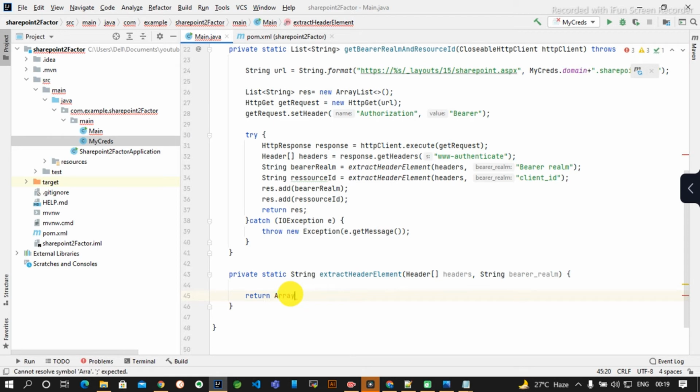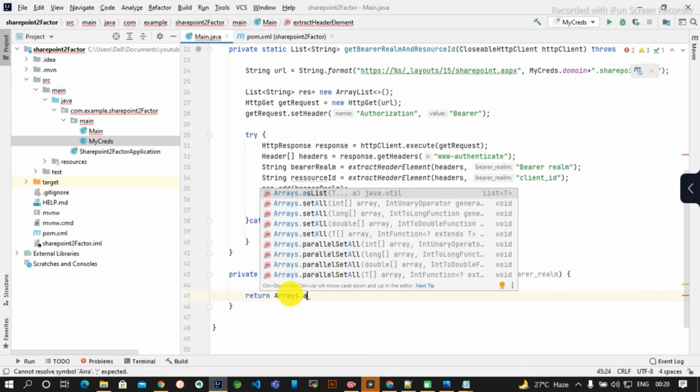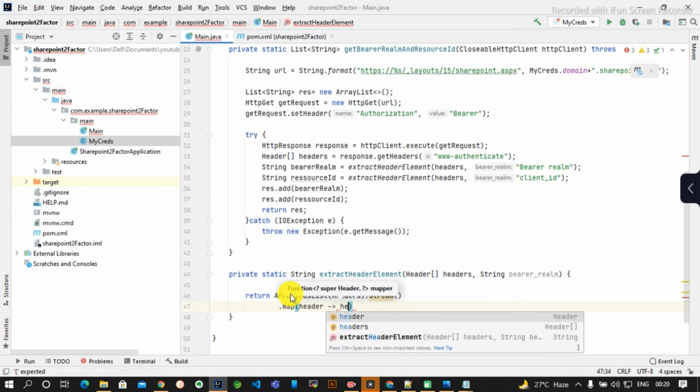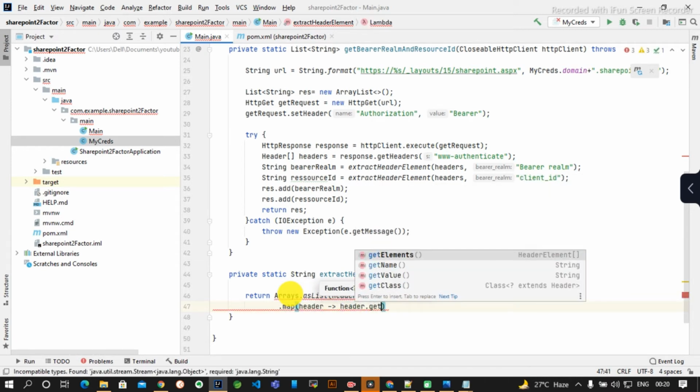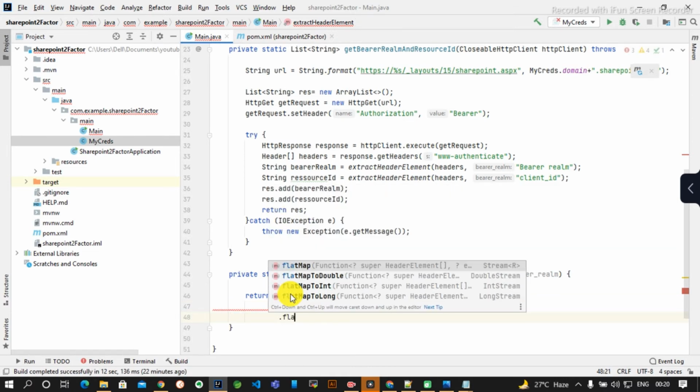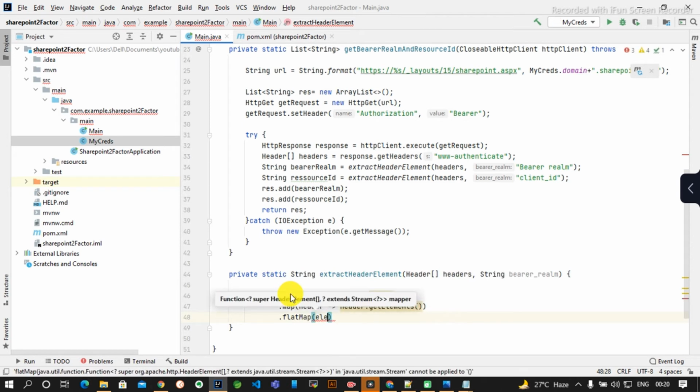Let's make it an array list, dot as list headers, dot stream, dot map, header, dot get elements, dot flat map, elements.